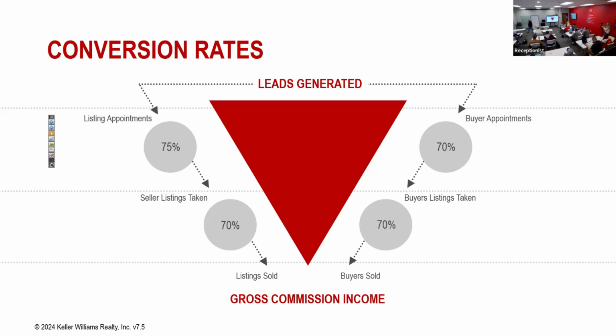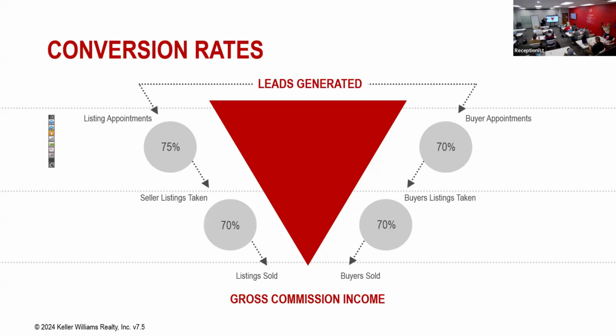Here's what I'm going to challenge you. If you're above 75%, I'm going to challenge you that you might be staying in your safe zone. And if you become a referral only agent, that's a very good thing. And if you're living your best life right now, whatever your income is, that's a very good thing. If you're wanting to go forward, you're probably going to have to get outside your safe zone. And when you get outside your safe zone and your closed referrals and your closed sphere of influence, you're probably going to see that percentage drop a little bit, but that's okay. Would you rather have 90% of 10 or 75% of 20? We're talking to the people that really want to go this year. You know what I mean, go.